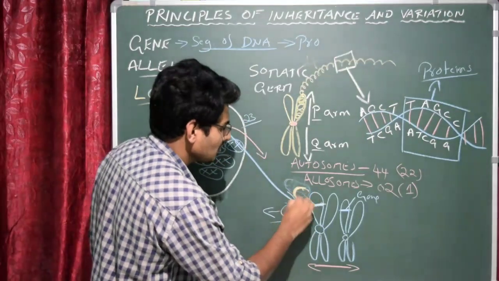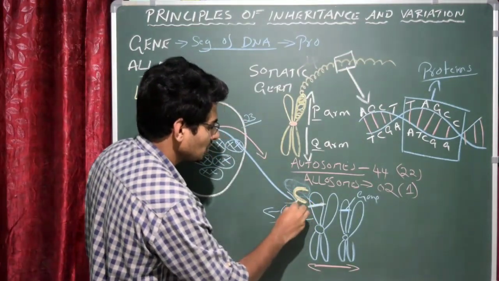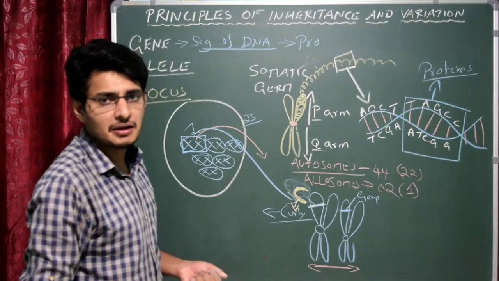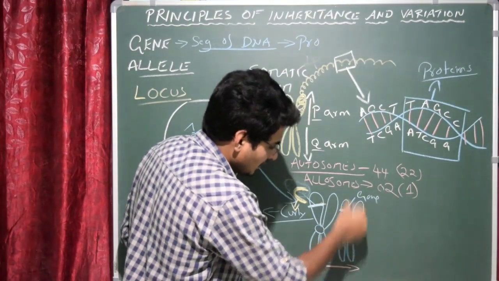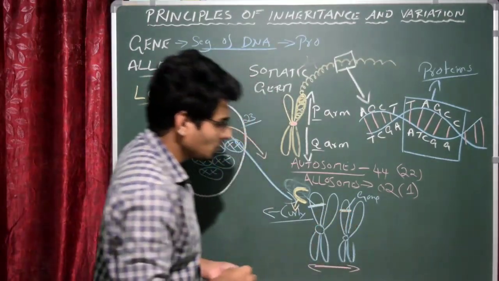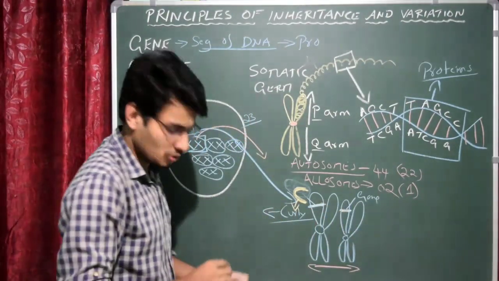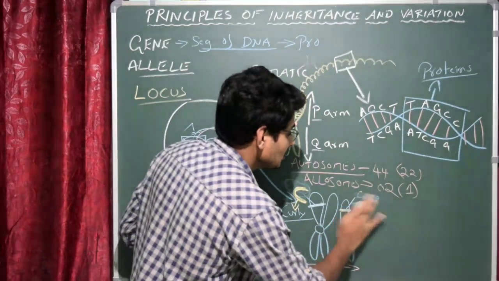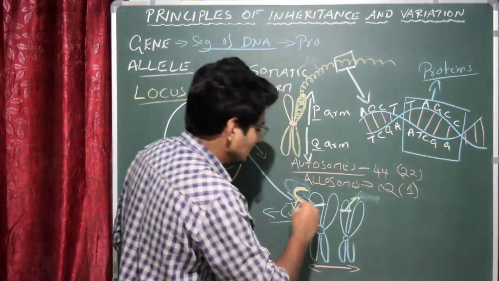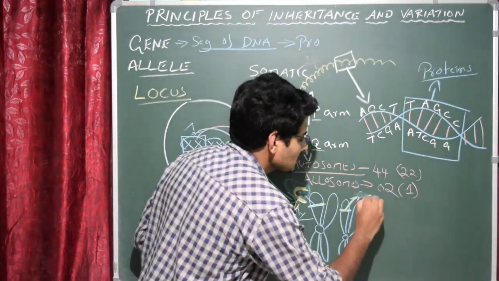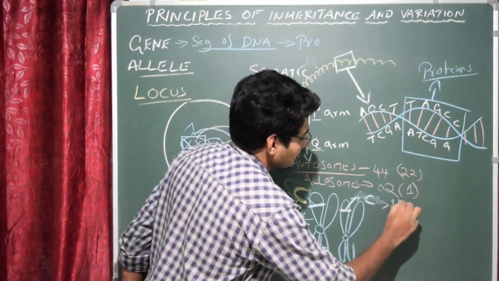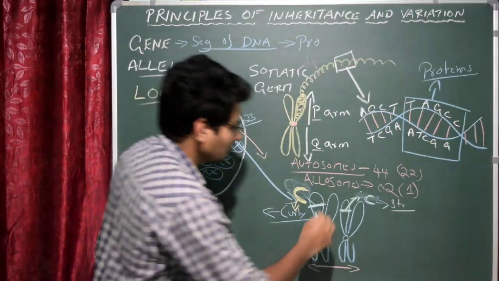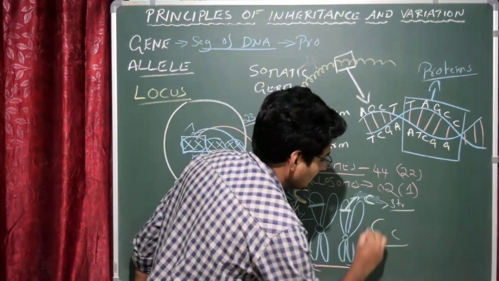Okay, capital C means this is a dominant gene which produces curly hair type in man. The same locus on the other chromosome, if you compare, you could see another gene is there. That gene is, let us say, small c. This small c is for straight hair. So that means we have C and c.